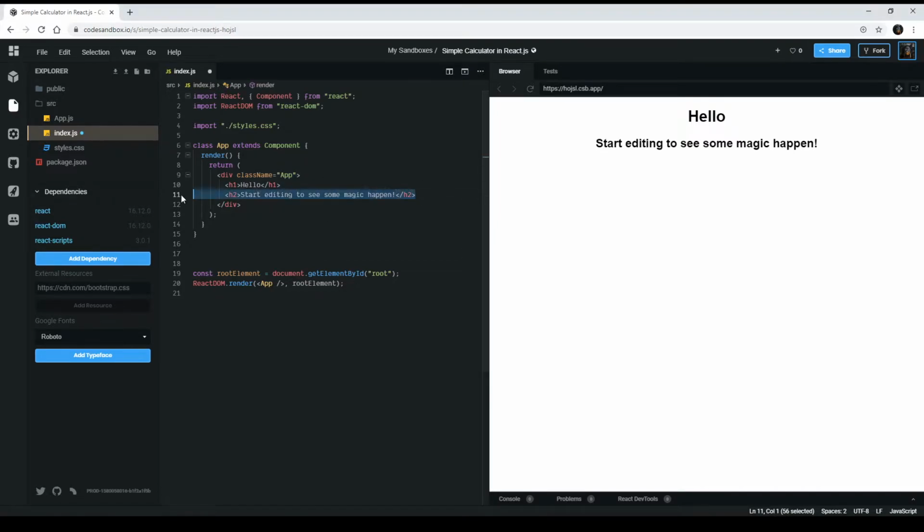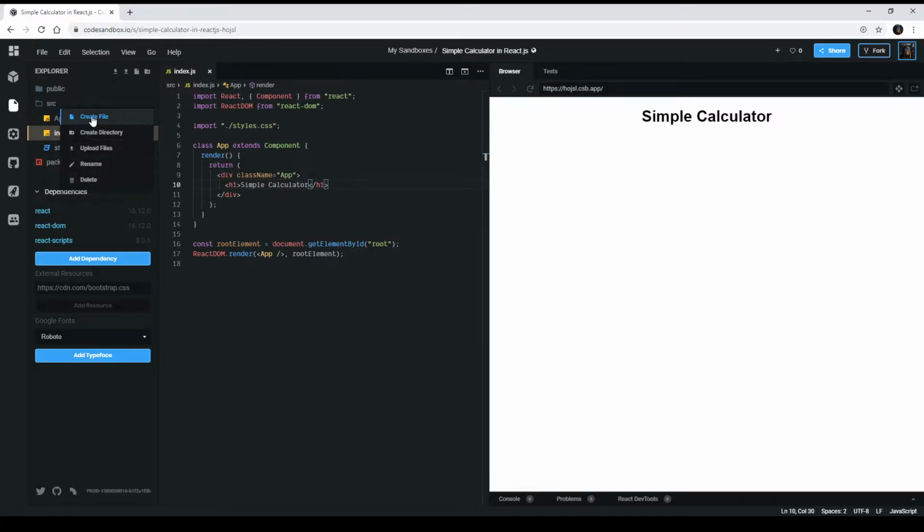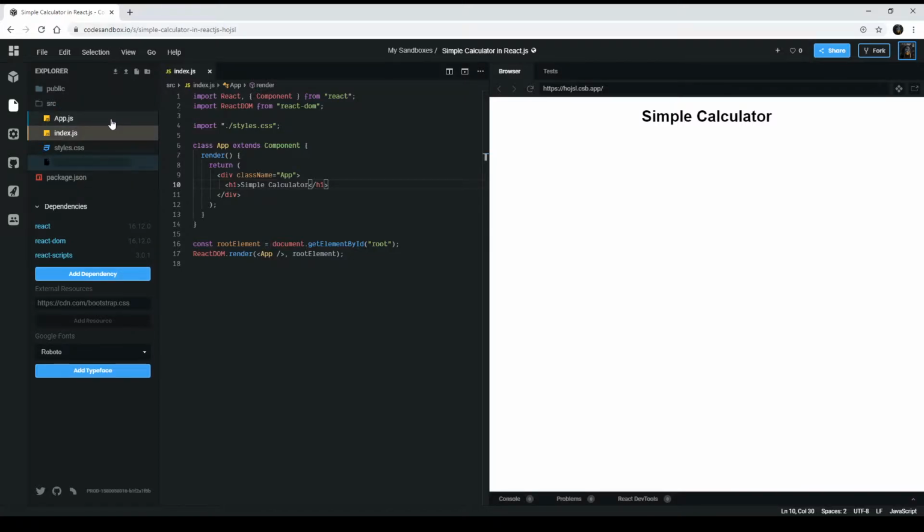Let's delete the h2 because we don't need it, and we're gonna put something relevant instead of hello, like simple calculator. Yeah, it's a bit better. For this application we're gonna use one more component beside the application. So we're gonna create